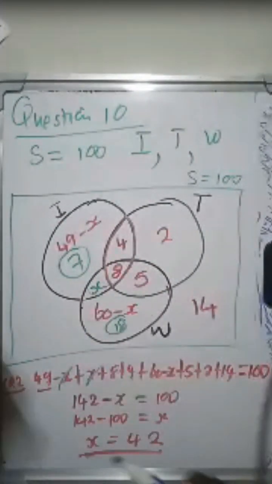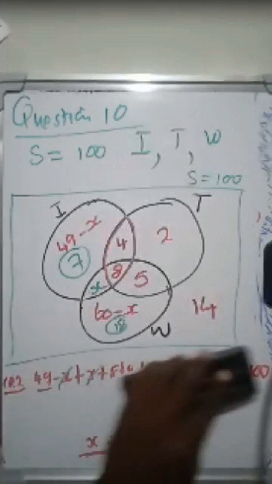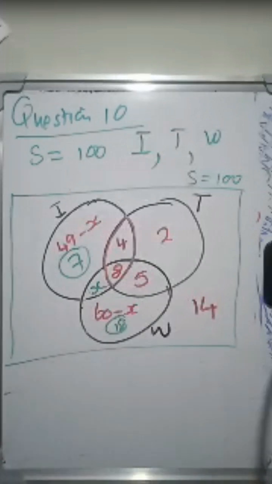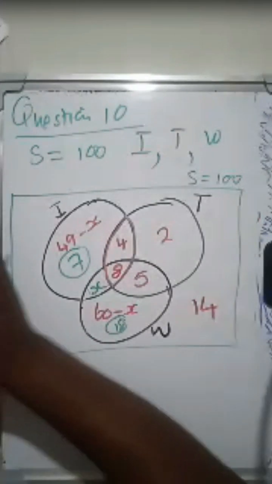Now, let's go to the next one. We are now using the Venn diagram to answer questions. So I'm going to add some more questions that come out of my mind that are not on the question paper, so that at least we learn more. Okay? So let's first finish the questions that are there, which are saying